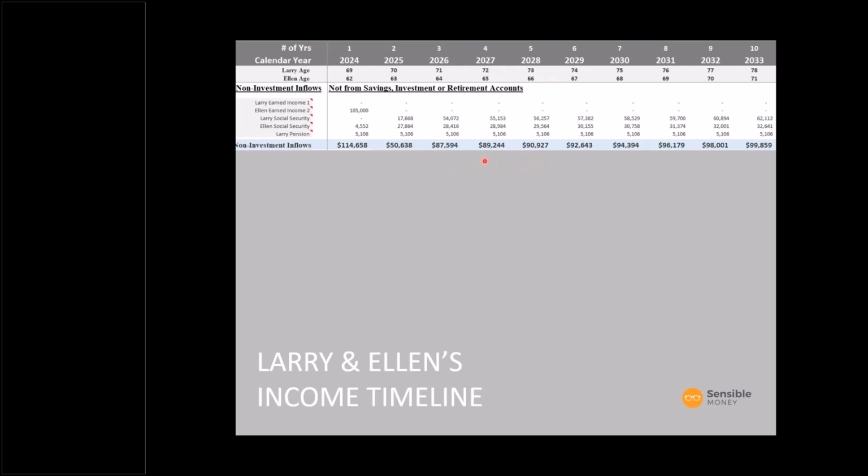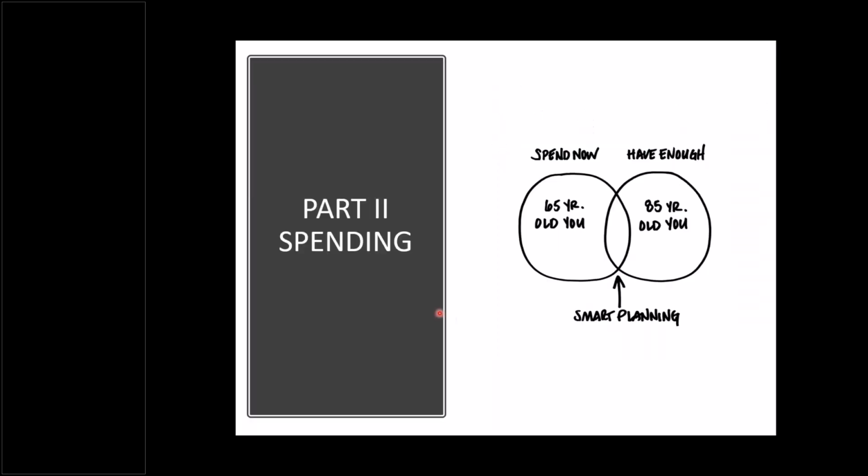So as I was saying, Larry and Ellen, they shouldn't have to just live off of this fixed income. They want to know, well, what's sustainable? How much can we spend? What can we do without obviously spending too much to risk our future? And that is the balance. So when we look at part two, spending, it's, well, how much can I spend now, the 65-year-old me, but I don't want to spend so much that the 85-year-old me doesn't have enough. And so it's always this process of finding that sweet spot, of finding the balance between how much you can spend now while still making sure that the 85 or 90-year-old you will be okay.